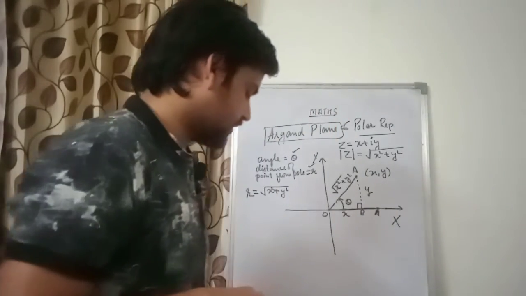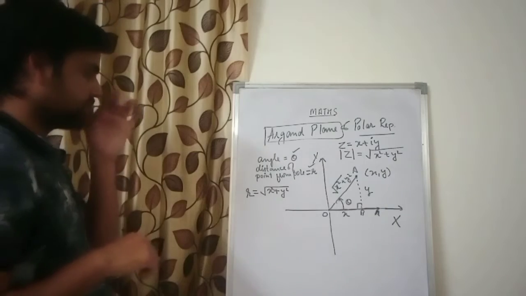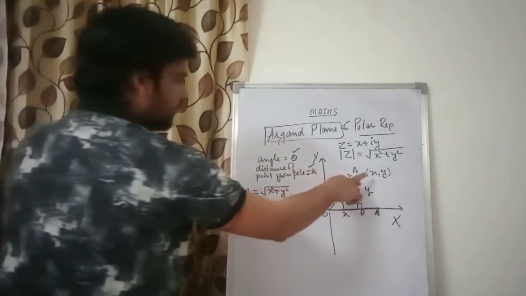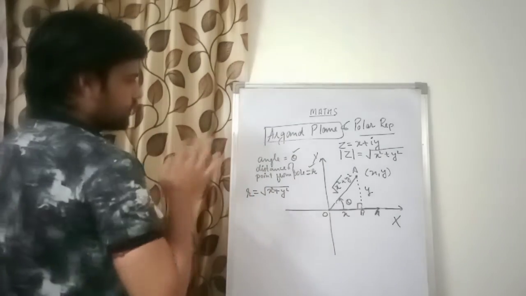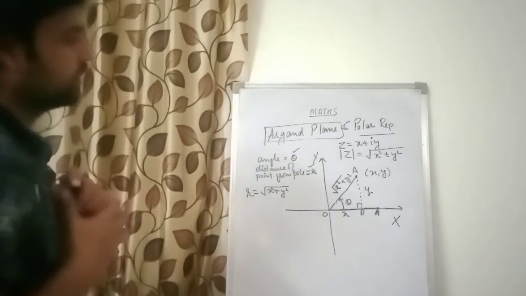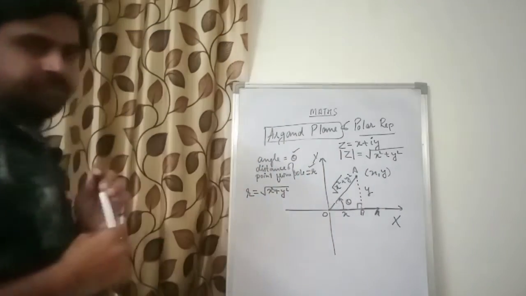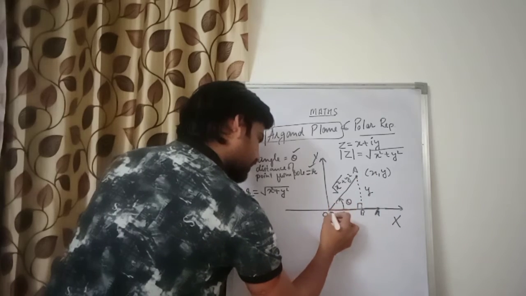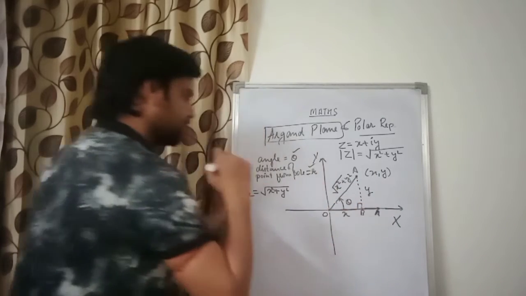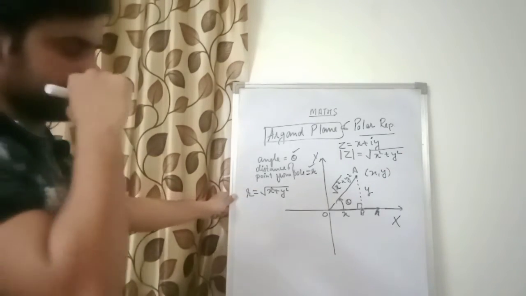Alright, this theta will be called the amplitude. Now here one more thing we need to represent. If this complex number is represented as x comma y, but what did I say in the starting? I have to represent this complex number in terms of theta and r. So if this length is r, how much will be this one? Using Pythagoras, which you have done in class 10th,